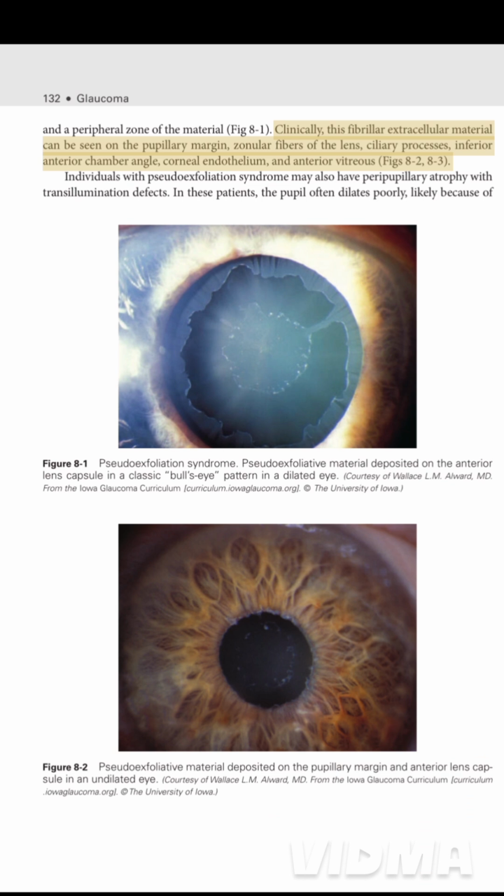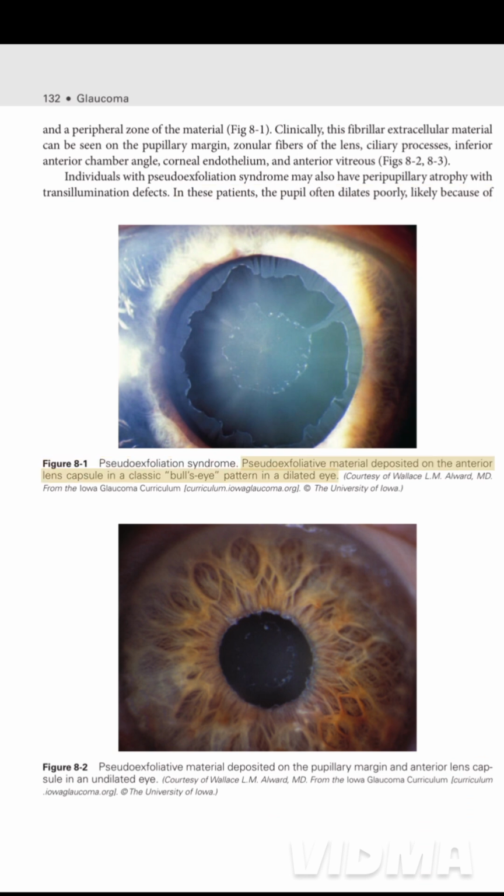Clinically, this fibrillae extracellular material can be seen on the pupillary margin, zonular fibers of the lens, ciliary processes, anterior chamber angle, corneal endothelium, and anterior vitreous, Figs 8-2, 8-3. Individuals with pseudoexfoliation syndrome may also have peripapillary atrophy with transillumination defects. In these patients, the pupil often dilates poorly, likely because of